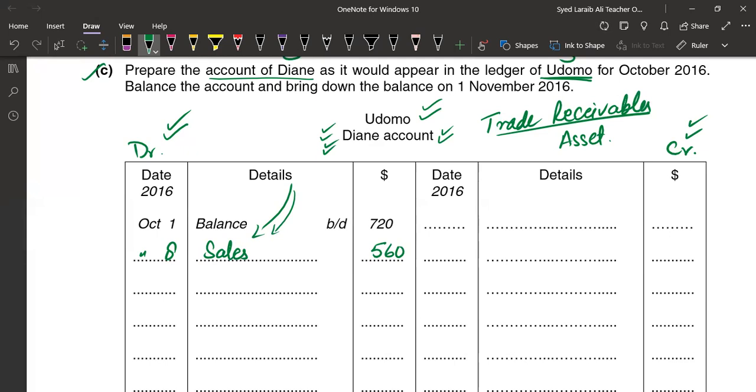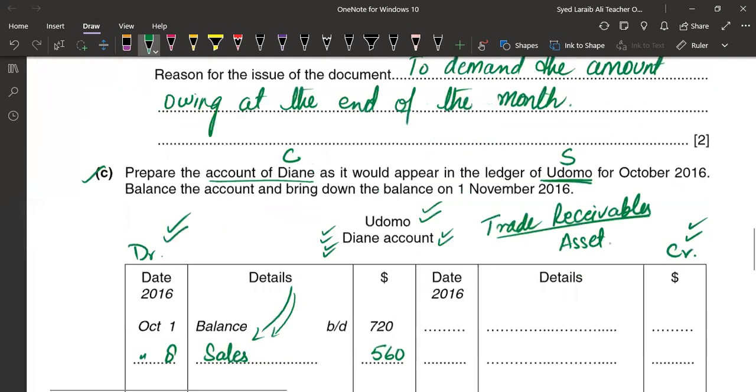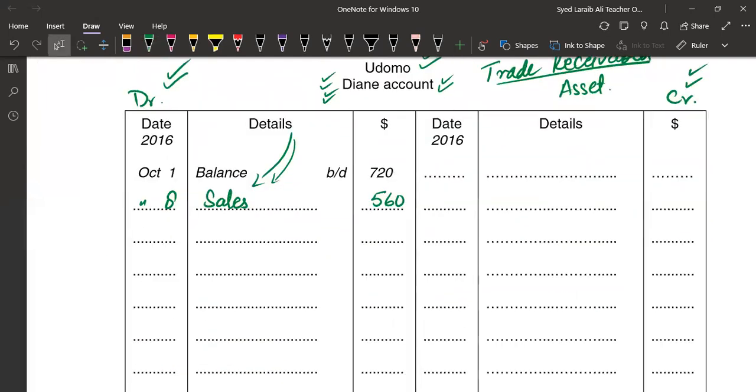Next, on October 16, there is a credit note. A credit note means that Diana has returned goods to Odomo and Odomo has accepted them. When the supplier accepts the faulty goods, his sales decreases. And the transaction is sales return debit, trade receivable credited. Why is it so? Guys, when the sales decreases, it is recorded on the debit side with the name of sales return. Whereas on the other hand, the receivable also decreases